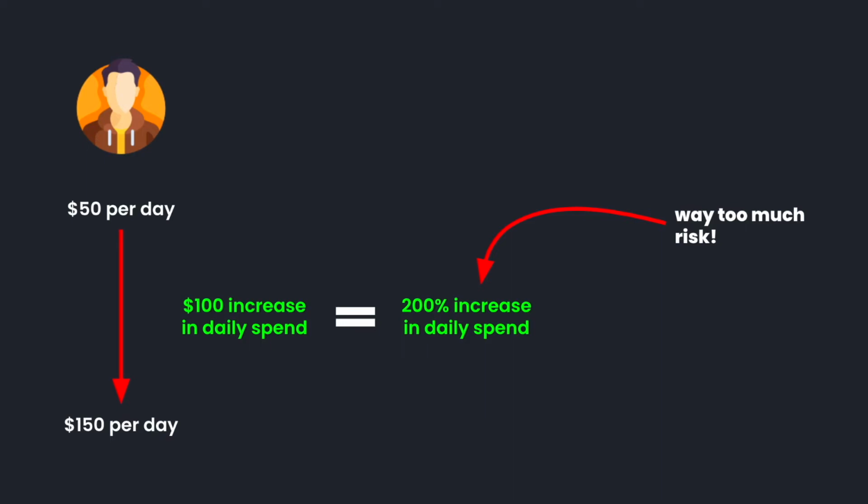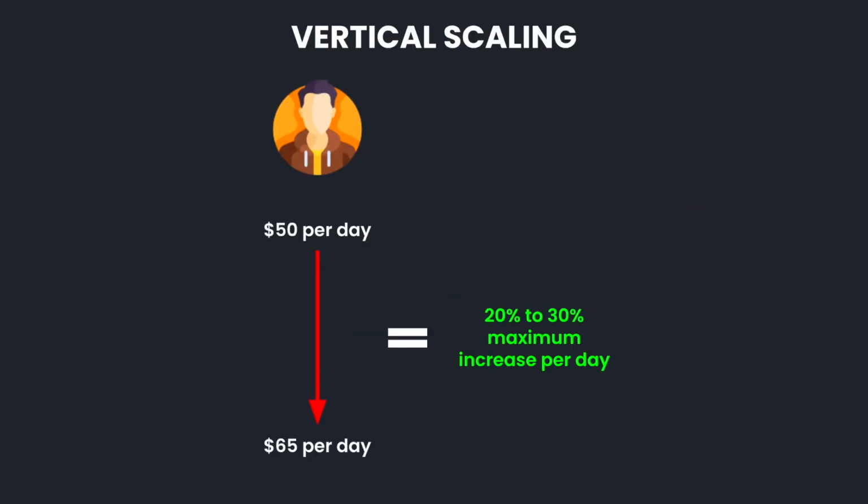When you're editing the budget of your already existing campaign, then you should never have a larger increase than 30%. Better, 20% per day. Meaning Alex should have increased his campaign budget not from 50 to 150, but from 50 to a maximum of $65, or let's say more like $60. Then you should leave it running for 24 to 48 hours and take a look at his lifetime performance, but more importantly, factor in the performance of the last 7 and 3 days. If the campaign continues to perform well, you can then again increase the campaign's budget by 20 to 30%.